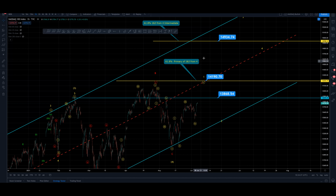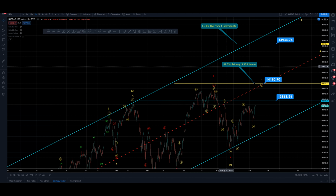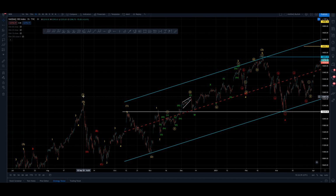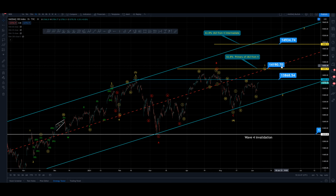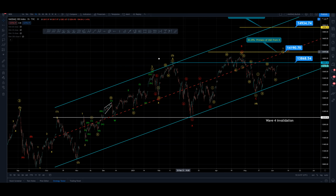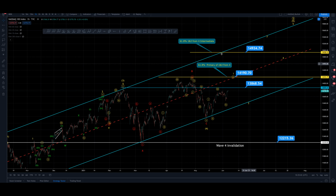We've got some significantly important levels to keep our eye on the way up. So we've got a 61.8% extension of primary 1 and 3 from 4. So all the way up to our primary 3 back here, the whole length of the 1 and the 3, projected from the 4 down here at primary degree, brings us to 14190 spot 70. And then we've got intermediate 1 and 3 from 4. So the entire length of this 1 and this 3 here, this whole move up, projected from our running flat bottom at the 4 here, gives us this target at